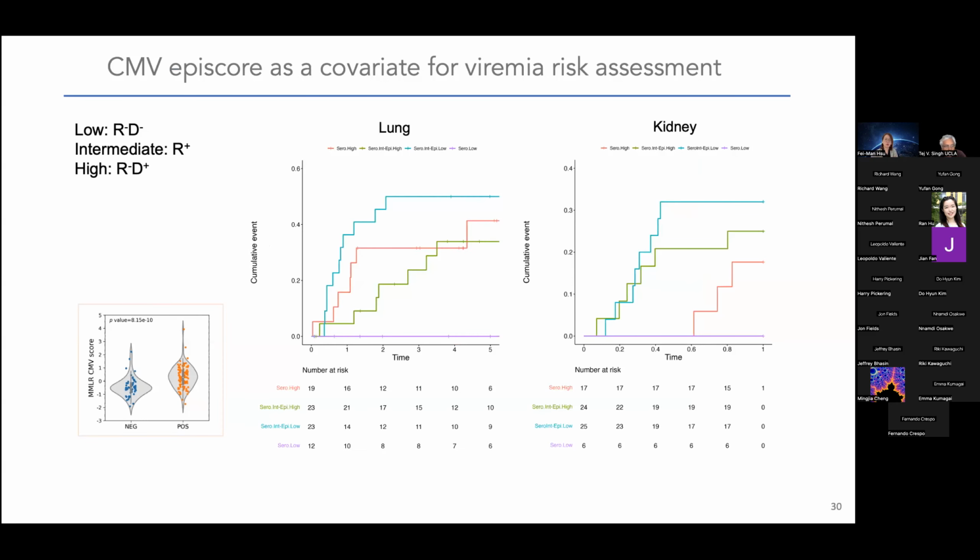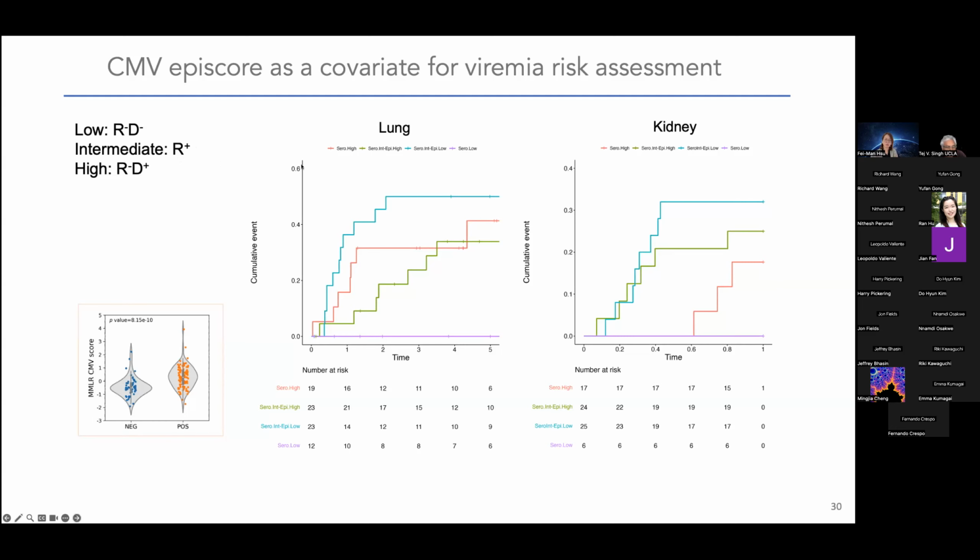Here we group the patients into low serostatus risk, with recipient and donor both negative. The high risk group is recipient negative and donor positive, right? Most of the patients will be intermediate. Remember, almost 60 to 80% of human populations are actually recipient positive for CMV